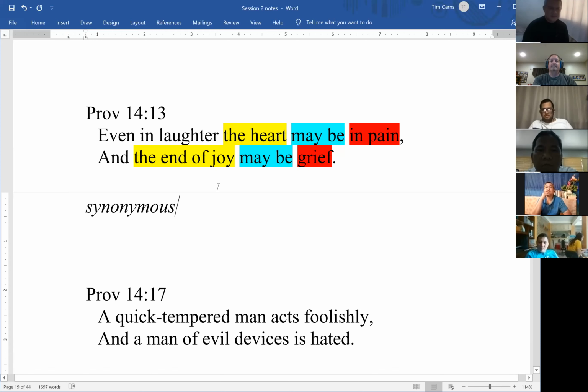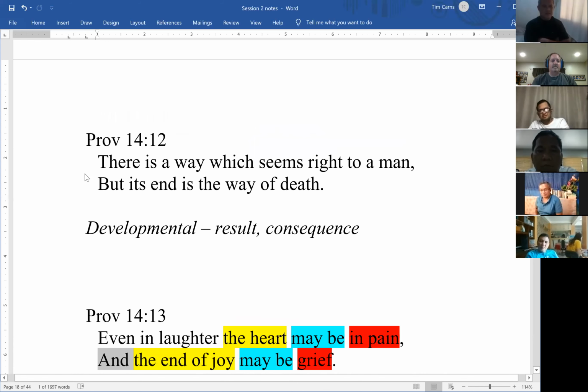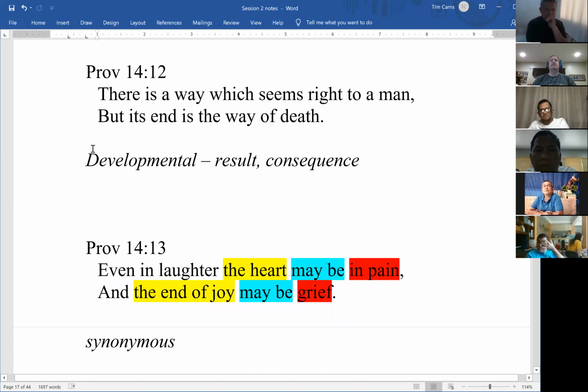This one's a little tougher. That word "and" could trick us a little bit into thinking it's developmental addition, right? But don't always assume that, just like don't assume if the word "but" is there. Remember, we just saw in this one the word "but", and it was developmental. It wasn't contrastive. And then up here we saw no "but" and it was contrastive. So just keep that in mind. Okay, where are we?